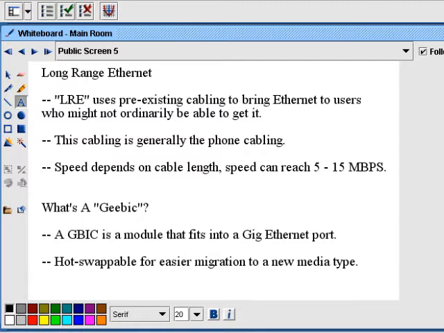And these modules are hot swappable. So if you are migrating to another gig Ethernet standard, you don't have to go out and get a new router. I mean, Ethernet is Ethernet and fast Ethernet is fast Ethernet. But when you get up to gig Ethernet, you've got different cable types. You're going to need something called a GBIC, and it's just a little tiny module that fits right into a